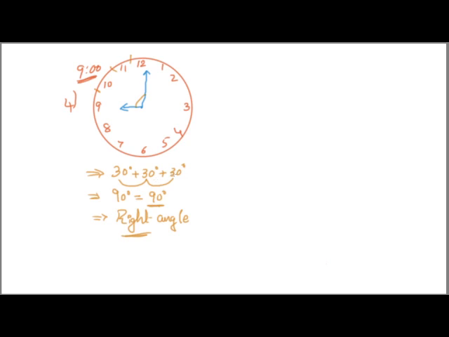You have to add the parts, how many. If they are asking in the middle, 2:30 or 3:30, you divide the 30 by 2. Understood? If they give the correct time, you take 30, 30, 30 and add it, see how much the angle is, whether it is less than 90, greater than 90 or equal to 90. Then write the name of the angle as a right angle, obtuse angle or acute angle. Clear? Thank you.